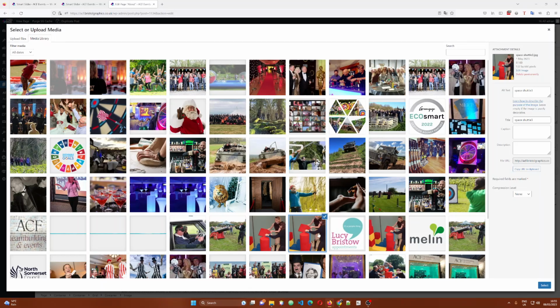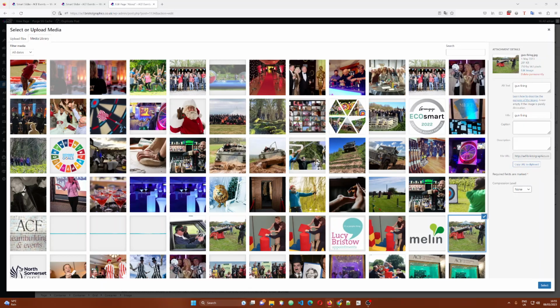So I've done my best, but if you're going through things and there isn't an image that's actually the gun firing here, I would have added this, and that's quite good for a title, but for an alt text, you could be a bit more creative. So with your alt text, when you're uploading images to the website, if this is gun firing, you might want to add a couple of other keywords. Gun firing on team development challenge Bristol or something like that, because this